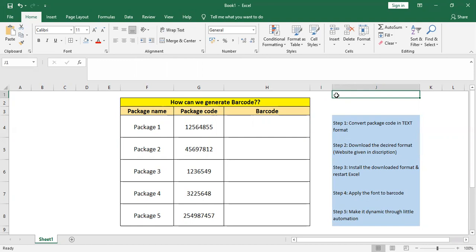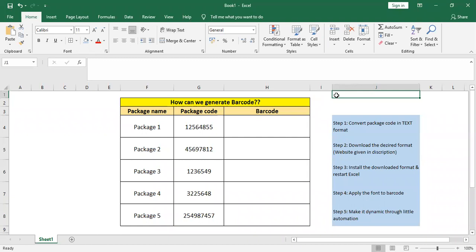It's our 28th day and we're coming to the end of this one month challenge. I just want to give you tips and tricks which you can use in your daily work life. As you already know, I'm going to do that today by teaching you how you can generate a barcode in Excel and it is fully working. You can use it very practically and it's very easy to do.